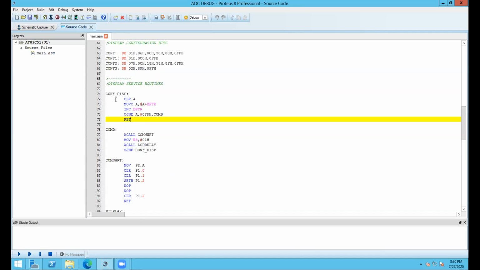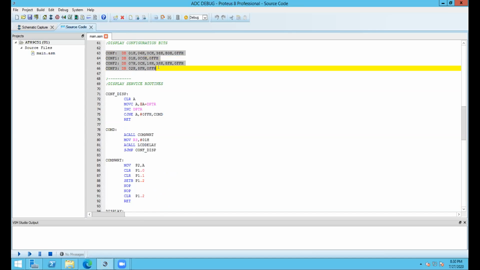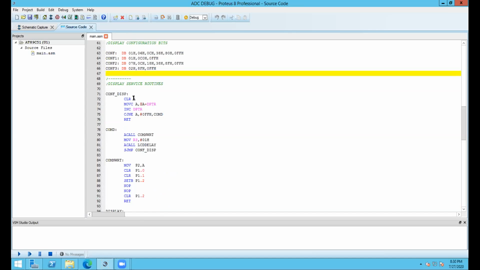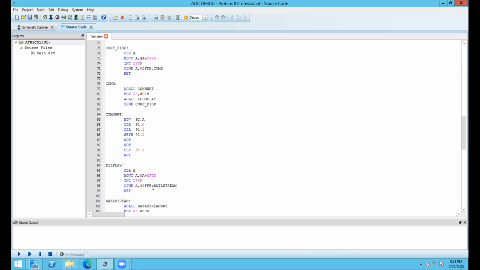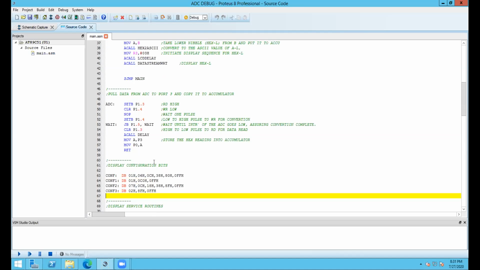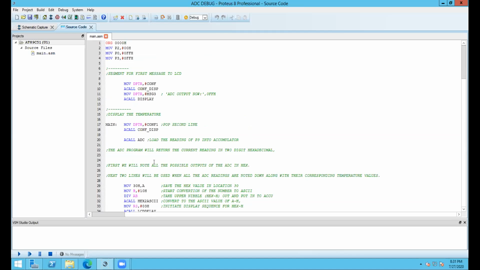All the commands you already know, and these are supplied from the vendor. So you are just making some program with your known language, and you are just making some data to be furnished in a port. That's it. So these 6 subroutines you learn by yourself, and if you face any problem, you can ask me.